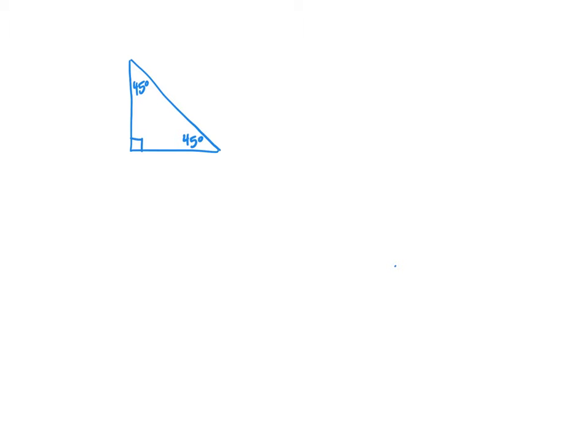So we know that it has two equal angles, which are here and here, right? Those are equal. What else do we know based on what we learned last year? If those two angles are equal, the sides opposite them are also congruent. They're the same measurement, okay? Got it? And the ratios of a 45, 45, 90 are always